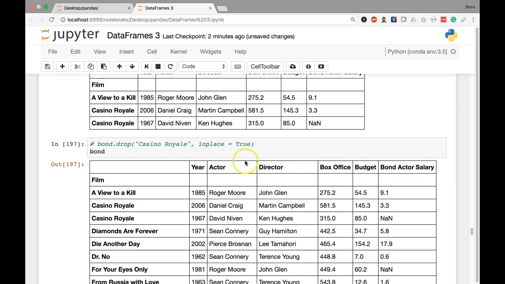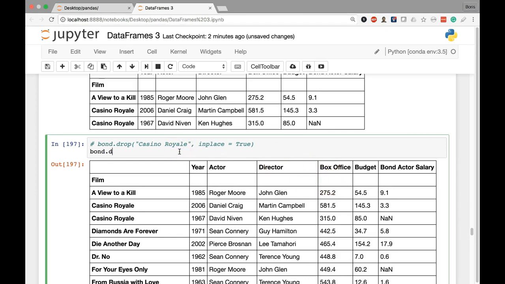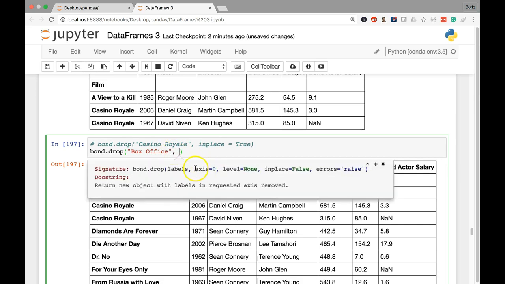Let's say we want to remove the box office column. I'm going to once again do drop, and then I'm going to enter my argument, which is going to be box office. But if I were to execute it this way, I would run into an error because box office doesn't exist among my row labels. So what I have to do to affect the column is change this parameter, axis, to be one of two